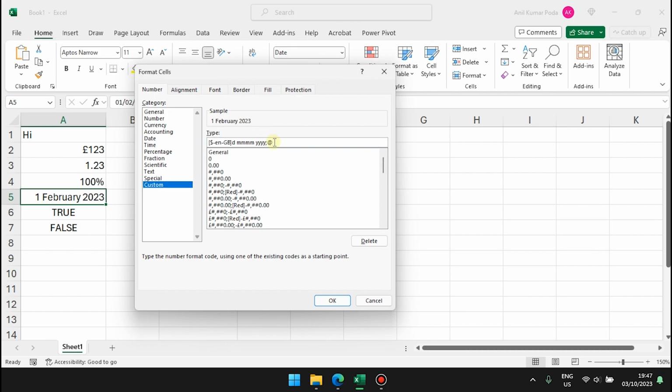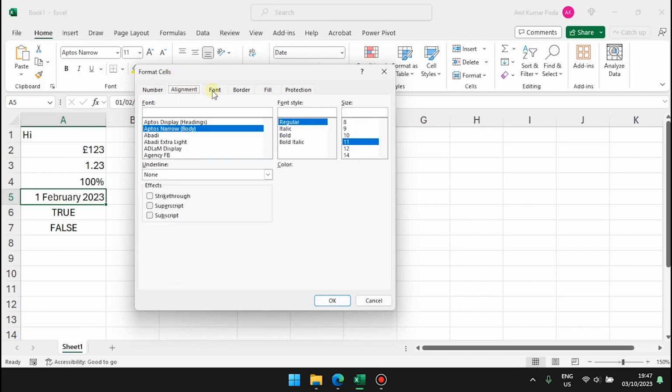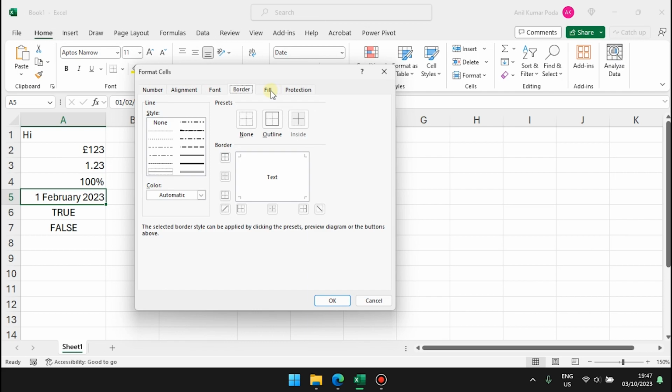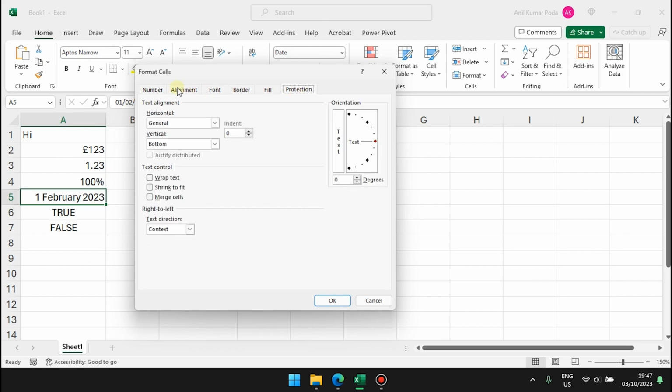Or you can use this field to define your own custom format for this particular cell, which you can save and use whenever you need it. And you can also see all the different formatting options available like fill, protection, etc. We have already discussed alignment, font, and border fill in our previous video about formatting the data in Excel cells.